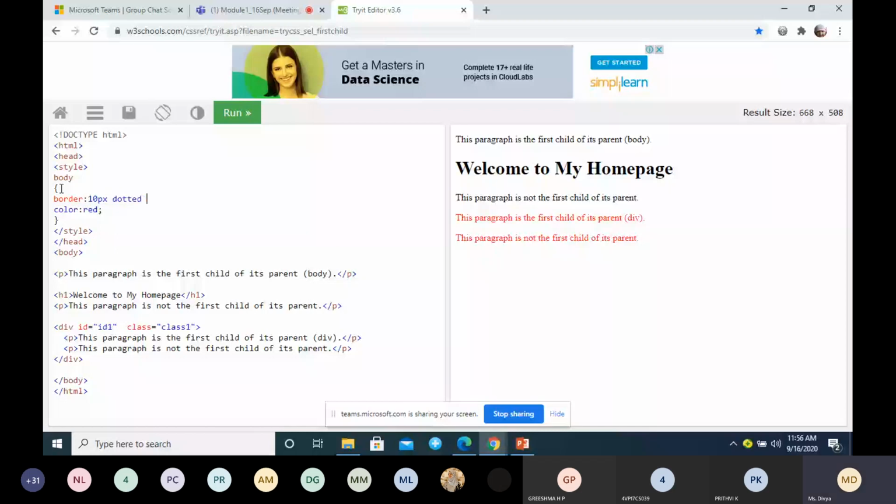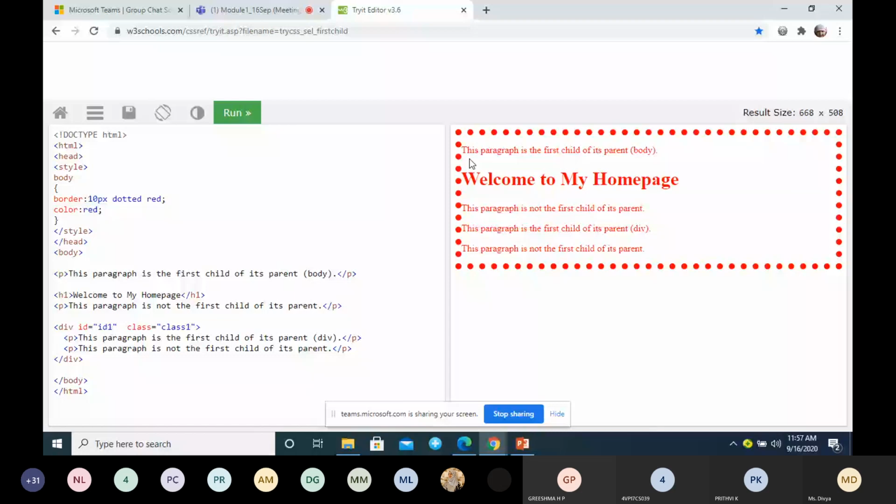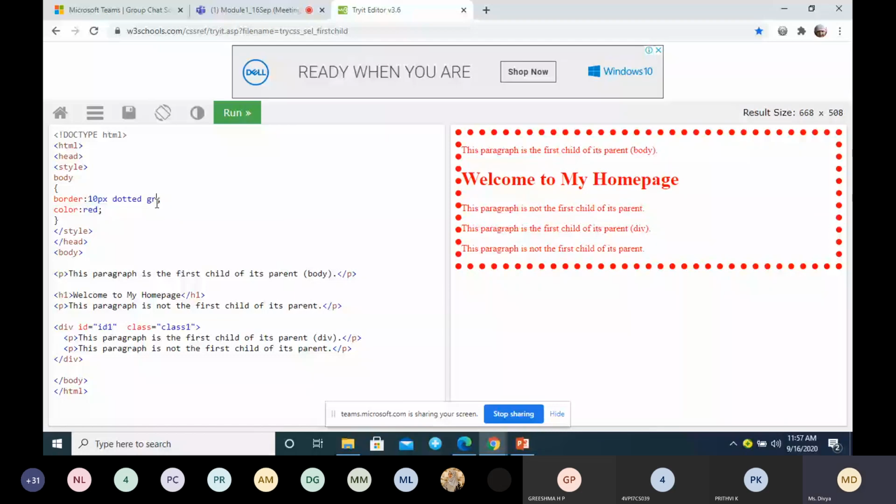I have body, inside body I have paragraph, H1, div tag and all. Now what is happening? All the content, paragraph content, H1 content, div content, everything, is inheriting the color property and all are having the color red.